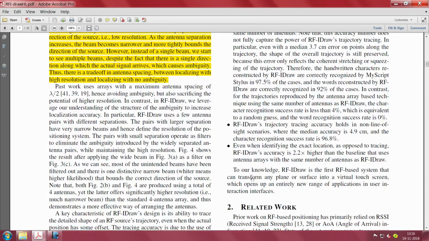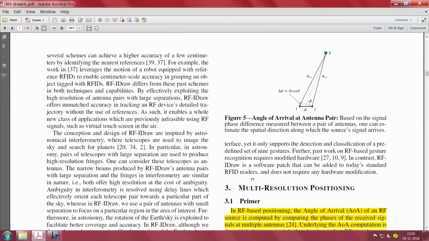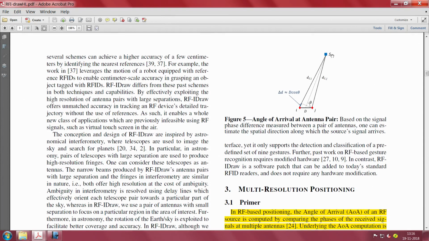Okay. Then let us go slowly into this picture, which you are perhaps already familiar with, the SD PDOA, which is back here. What is this picture saying? There is a tag, which is S. In this paper they use S as a notation, and there are two positions for the receiver antenna. One position is I and the other position is J, and they are separated by a distance D.